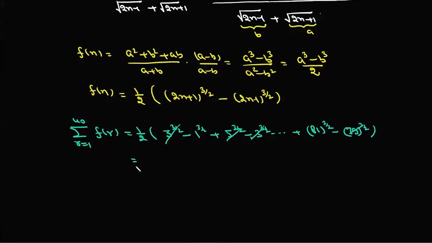So we'll get this summation as 1 by 2 times 81 to the power 3 by 2 minus 1. Now 81 to the power 3 by 2, this is 9 square, so it will be 9 cube. 9 cube is 729. So it will be 729 minus 1, so 728 divided by 2, and it will be 364. Now we need to find the greatest integer function of this summation, r varies 1 to 40,